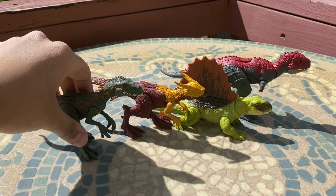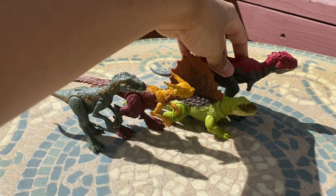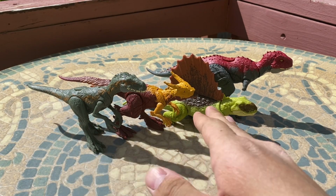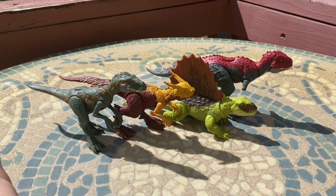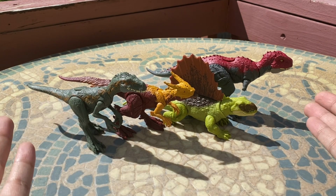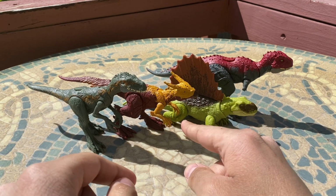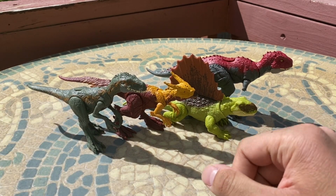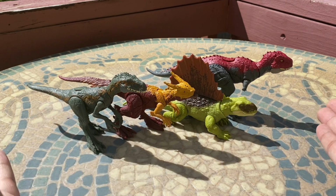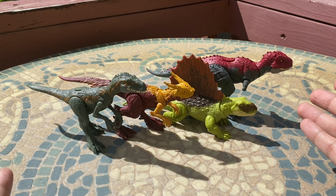So everyone, that's about to wrap it up for this review. Kind of a longer one, but you have to squeeze in 4 different figures. Well, mostly 3, but overall, all 4 of these are really good. I recommend, in terms of new species, obviously these 3. You can probably miss out on the Dimetrodon, but you know, it is what it is. I really like all 4 of these, especially these 2, and especially the Hypsilophodon by itself. Highly recommend it. But yeah, overall, a really great setup of figures and a nice close-up to the Danger Pack